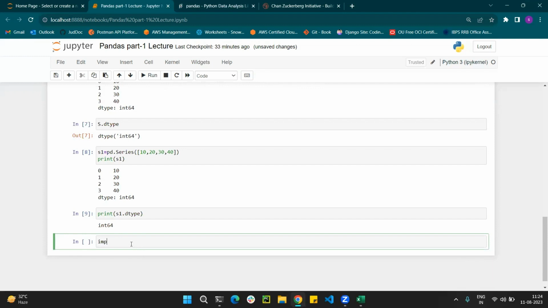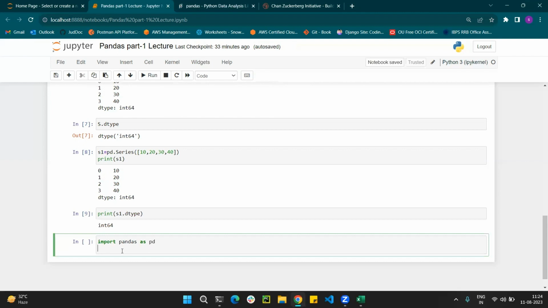Again I am moving to another example. Import pandas as pd. We just import the pandas library. If you want to install pandas, you install it just once and then you can operate over there. Don't worry, you don't need to write import pandas as pd again and again. I just put it here. s equal to pd.Series, and I keep 10, 20, 30, 40.